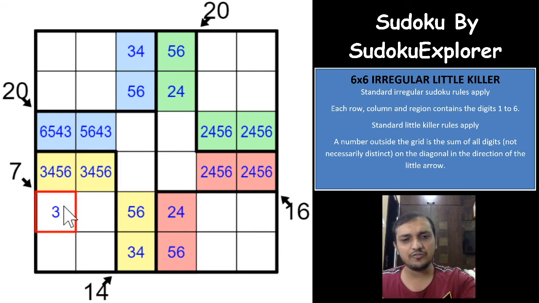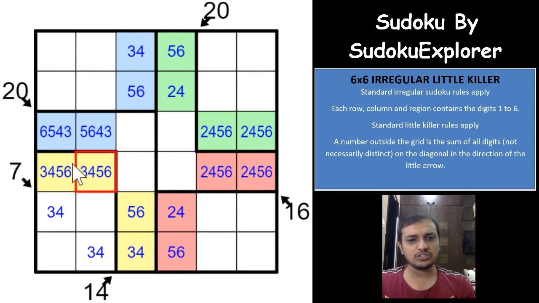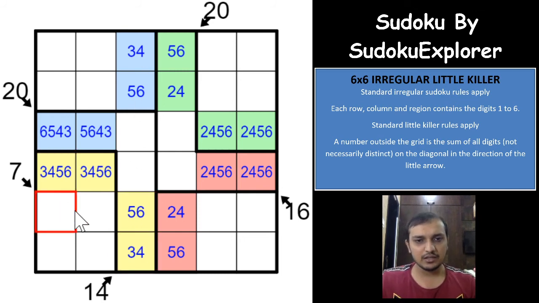So if you have a 3 and 4 and 3 and 4 here, these 2 digits would have to be 5, 6, which means both the yellow cells will be 5, 6 and both these yellow cells will be 5, 6, which is not possible, right? That we have already marked. So which means that the 7 sum can only have 1, 6 or 5, 2. That will surely not help you much, right?